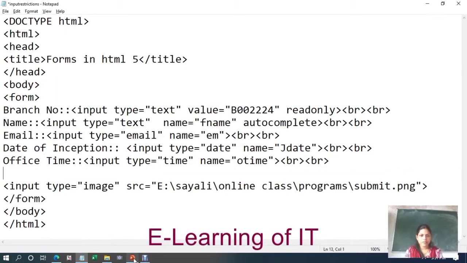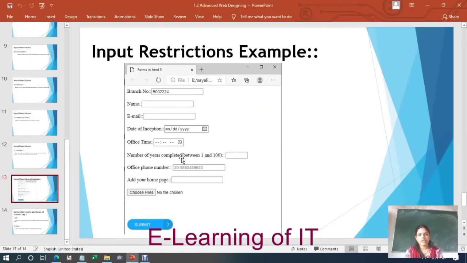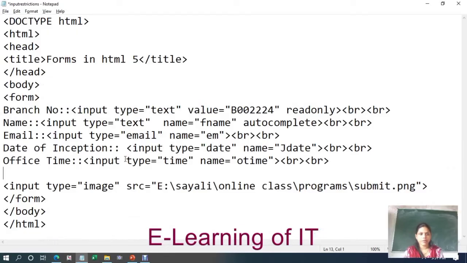Next one is the number of years completed between 1 and 100. So specify here number of years completed, between 1 and 100.